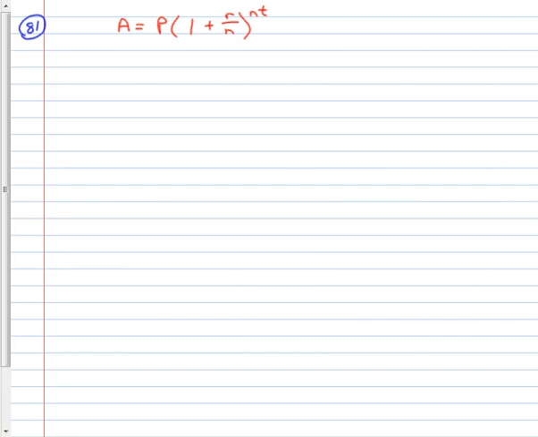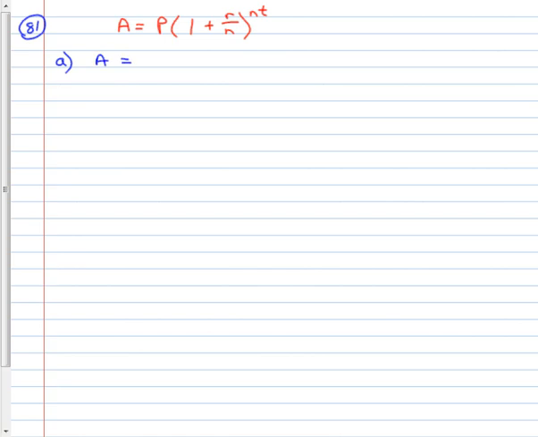Make sure that one is memorized. They say on number 81, find the balance when 16,000 is invested at an annual rate of 8% for 3 years. Part A, it's compounded monthly. So part A is going to use this formula,